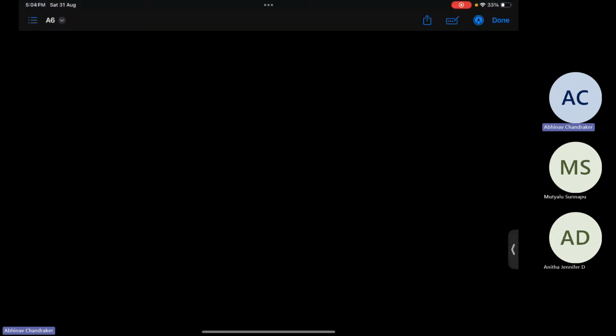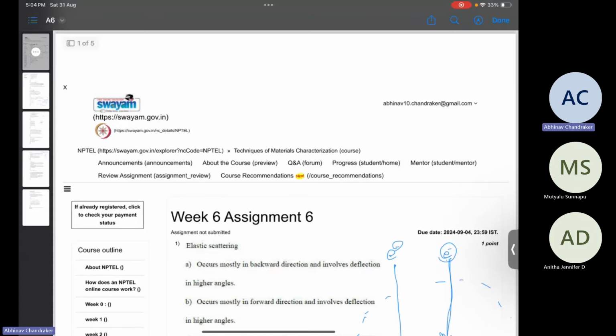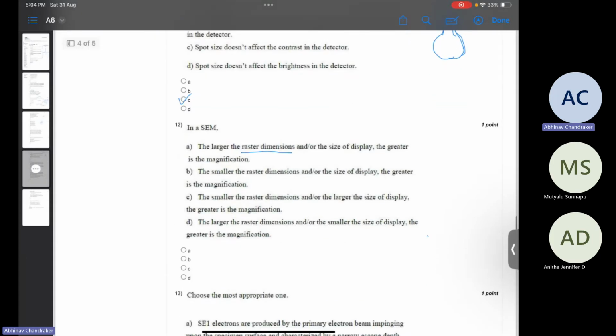And now, if we look at this question, if we want greater magnification, that means for our size of display, the scan area of the specimen which is being used should be smaller, right? If it is this small and it is being shown in a bigger screen, that means